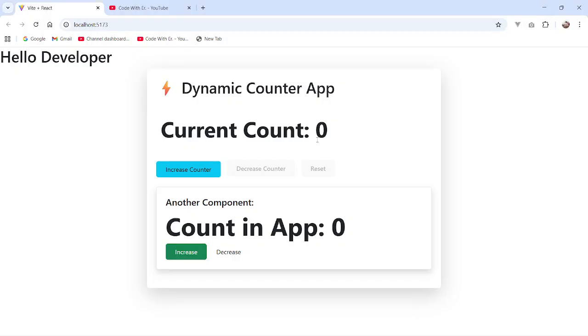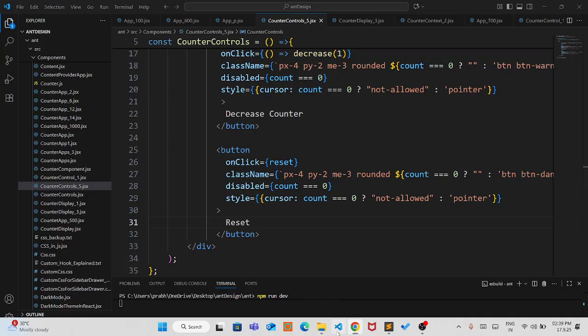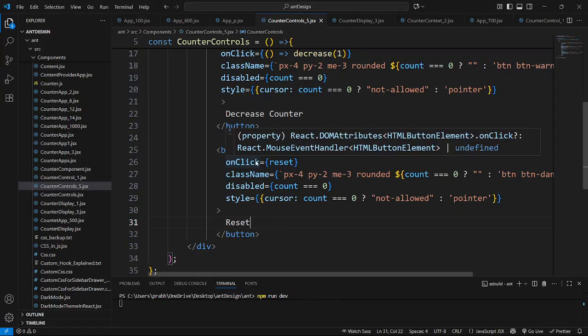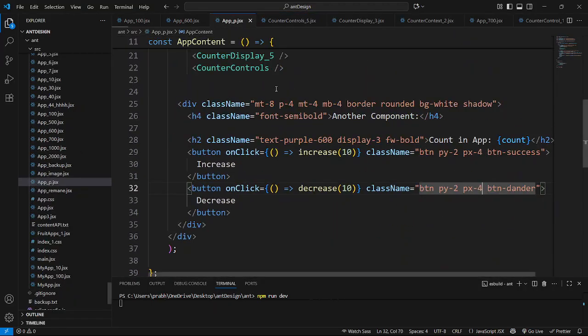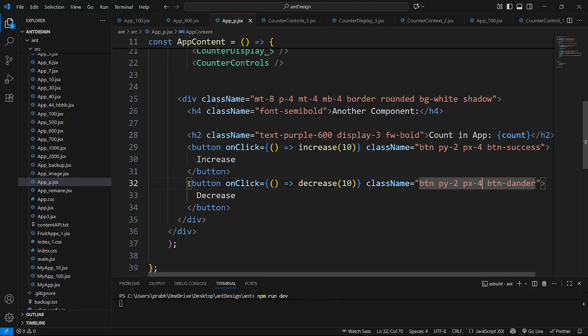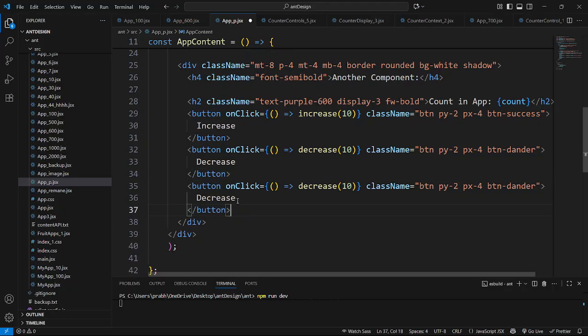Okay, so guys, this is doing great. So let's just now come here. So this is the counter control, this is doing great. And now come here. So now we will just create here the reset button as well. So just create here the reset button as well. So reset,